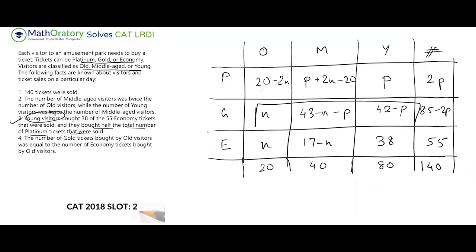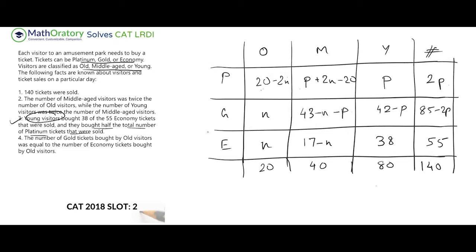Now, if you add all of this, you'll find it is 85 minus 2p. This minus p and minus p will give us minus 2p. The n and minus n will cancel off, and 43 and 42 will give us 85. So treat each variable separately, the constant part separately. Easy to do mentally. And as I said, if you want to verify, you can verify that this will come out to be 40 actually. Minus 20 and 43 plus 17 is actually 60. 60 minus 20 is 40. So the constant bit is done. And if you evaluate this plus this, that will be minus 2 and minus p, which will cancel out with this. So that should automatically balance out. So this is what we have, the structure, right?